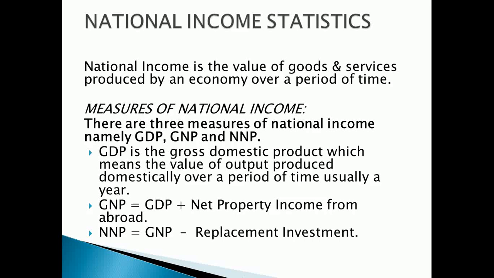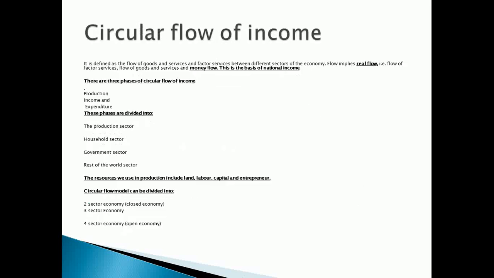Also, we are going to see that money flows from household to firms as consumption expenditure. And this is made by household on goods and services produced by the firm. And we have the flow of goods and services in the opposite direction, from business firms to household. Therefore, we see that money flows from business firms to the household as factor payment, and then it flows from household back to the firm, which is a circle, and this continues year after year.